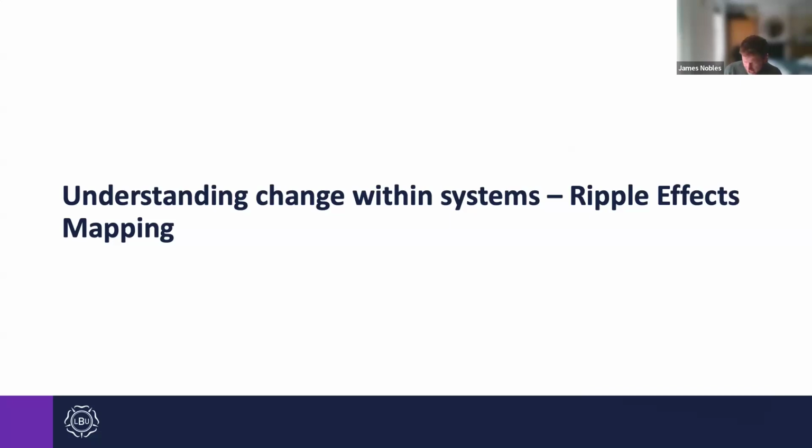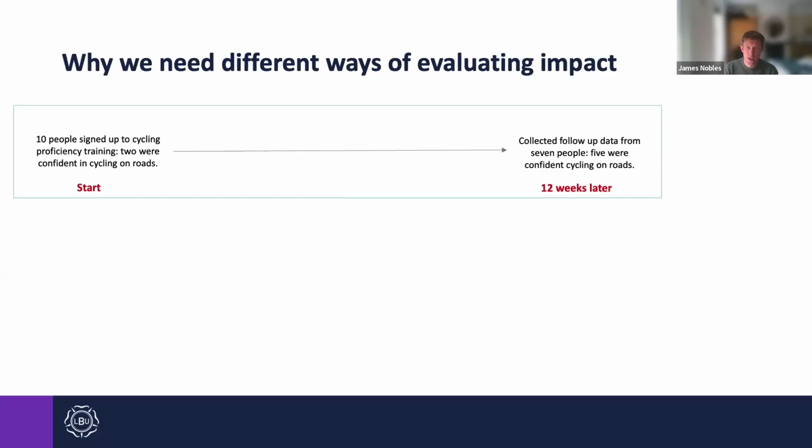But I'm just going to start off with, I guess, a scenario as to why ripple effects mapping might be a useful method to take within some of our public health evaluation. So drawing on a really simple example, there might be some cycling proficiency training that's funded by a local government, and that cycle training is delivered to 10 people, and then 12 weeks later, as part of a more standard impact evaluation, we might gather some data, the same data that we gathered at baseline,